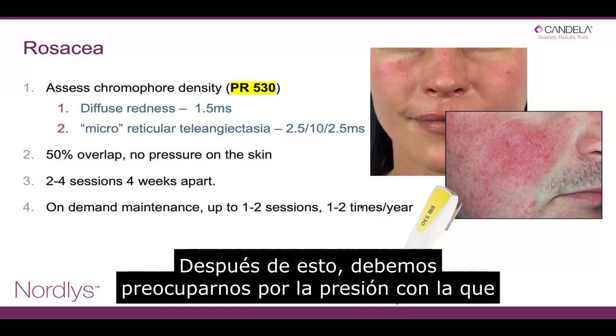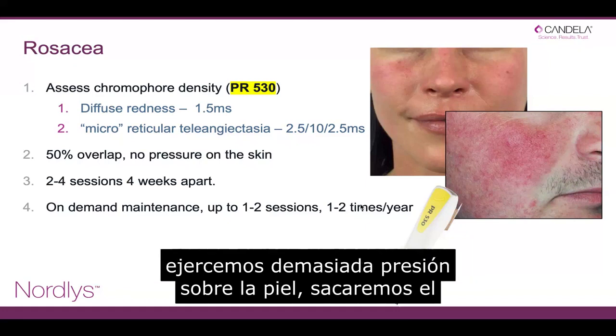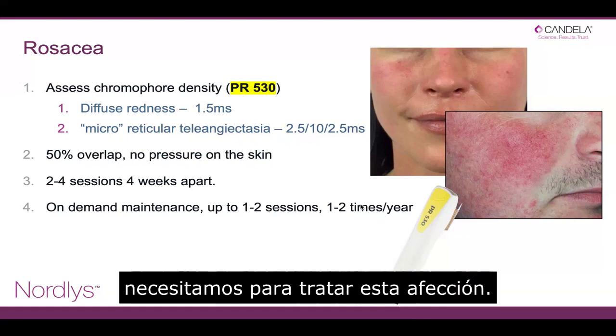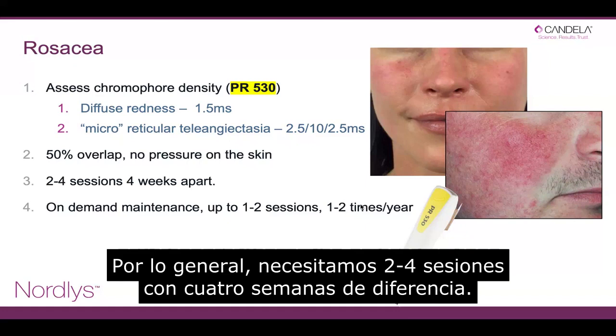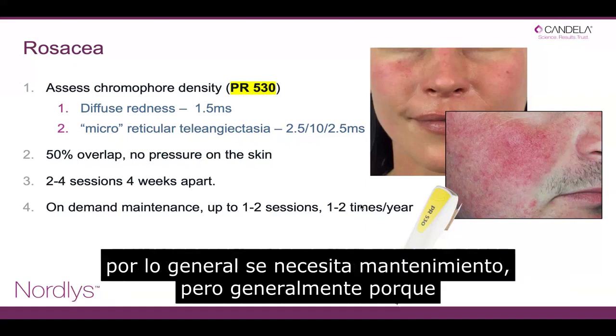After this, we should be careful about the pressure that we use to perform the treatment, because if we exert too much pressure on the skin, we will push out the chromophore that we need to treat this condition. Usually we need 2 to 4 sessions 4 weeks apart, and as rosacea is a chronic skin condition, usually